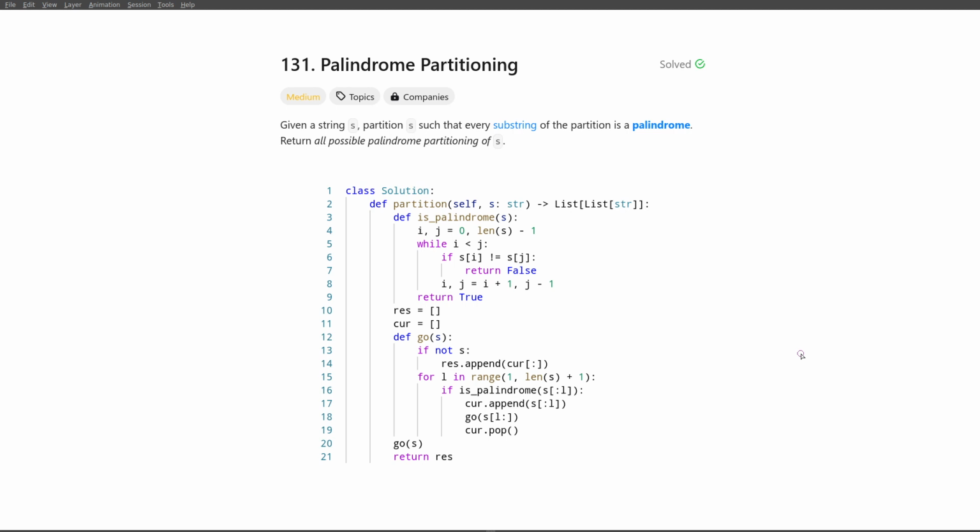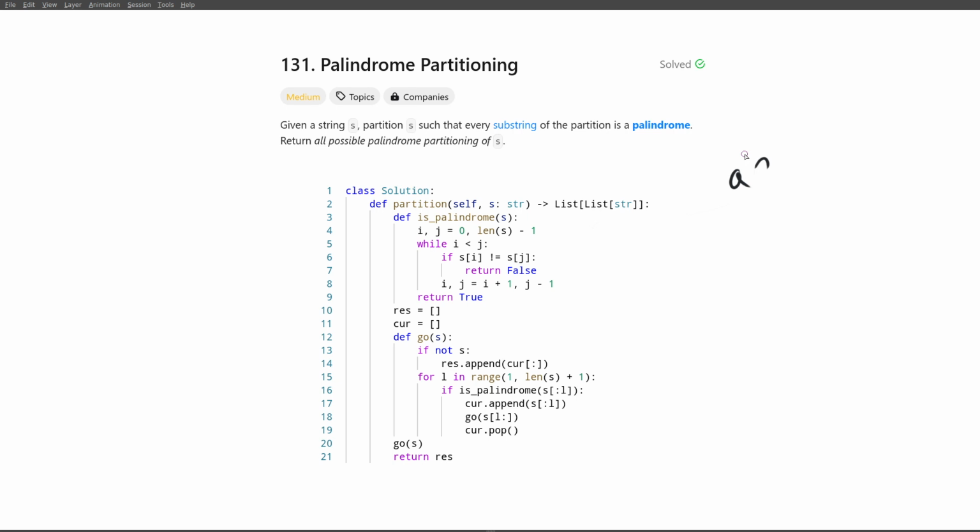Now, for instance, for a string a to the n, just the letter a repeated n times, every possible partitioning is a correct partitioning, and there are a lot of those partitionings. We don't have to do anything smart, we just have to implement the solution that looks at essentially all the candidate partitionings,